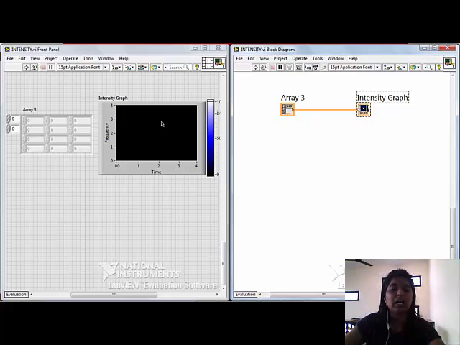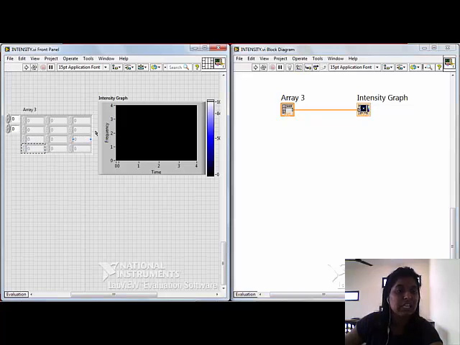It accepts a 2D array of numbers. Each number in the array will represent a specific color, and the rows in the array will be represented as columns on this graph.